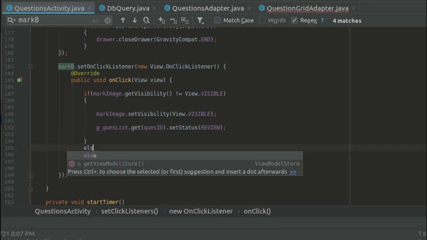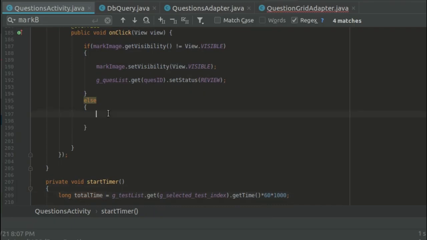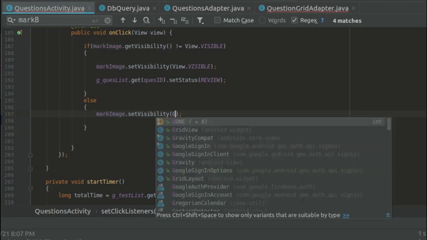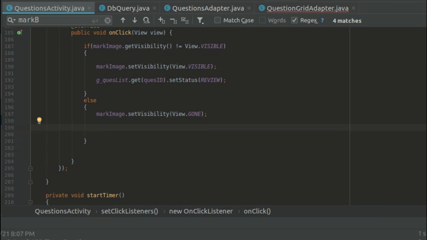Else, if it's already visible, means question is already marked, then when user click on this mark button, then we have to set the question to unmark. So first we will set the visibility to gone, mark image set visibility gone, so that image will hide, and then we'll set the